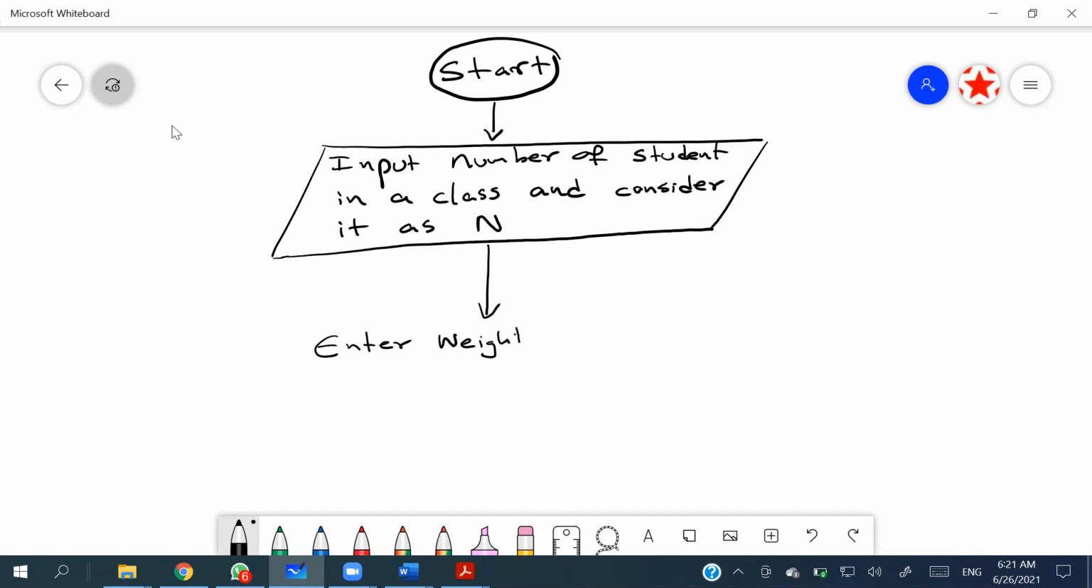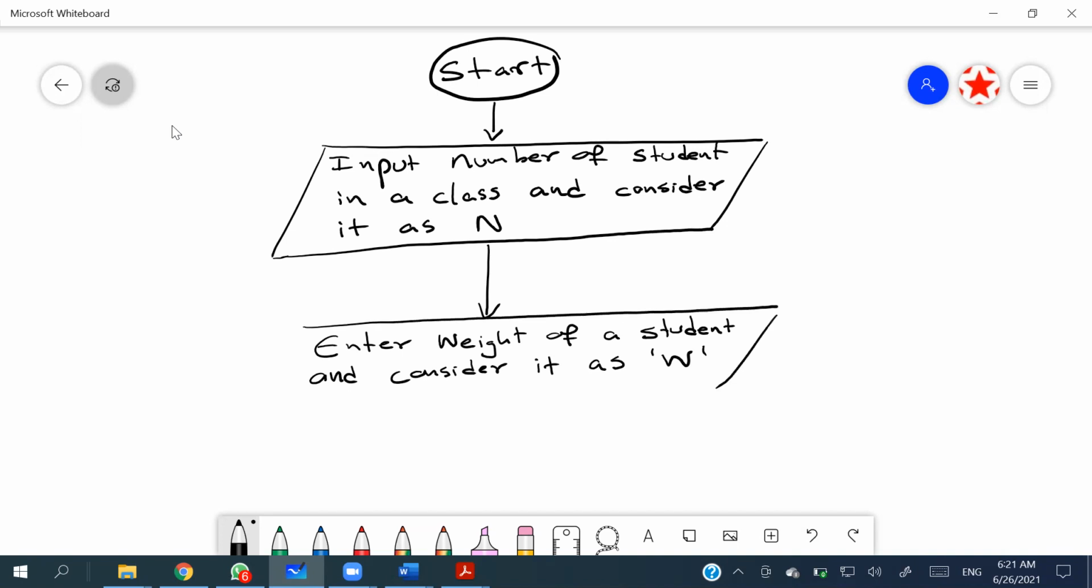Enter the weight of a student and consider it as W, right? So this is going to be another input,